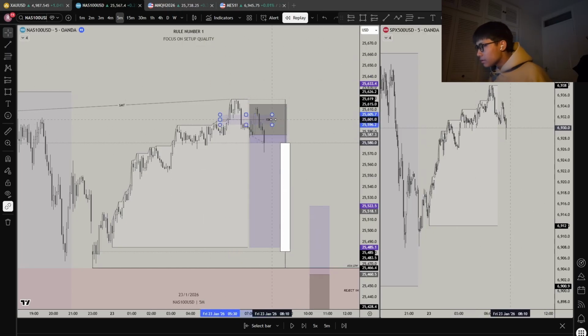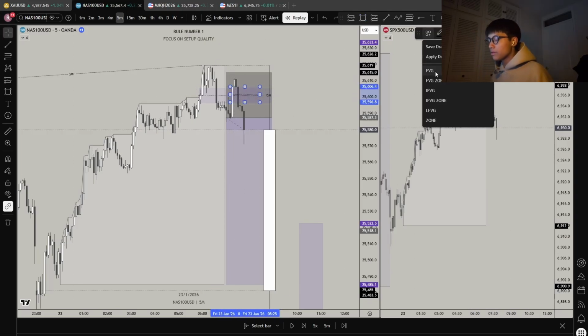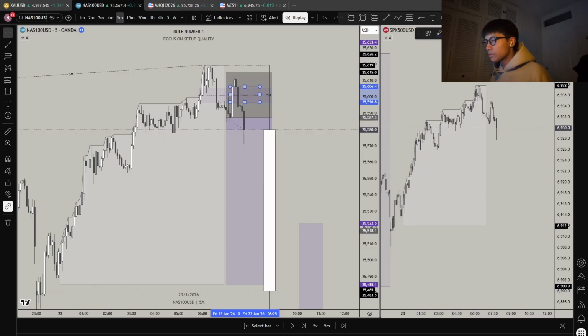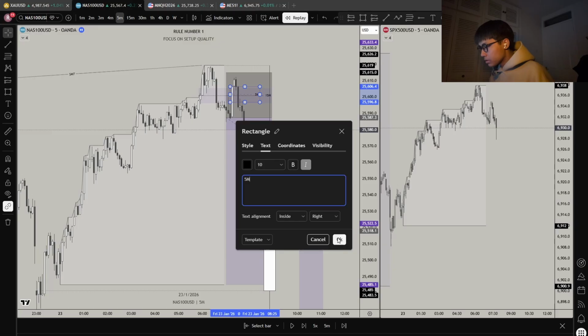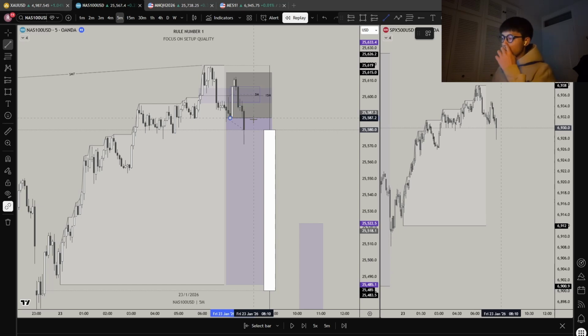So inside this 15-minute inversion, we have tapped back into this sort of inverse fair value gap and inversed another one on the 5-minute this time instead of the 15-minute IFVG. And then we had this change in the state in delivery, which is when price breaks through down close